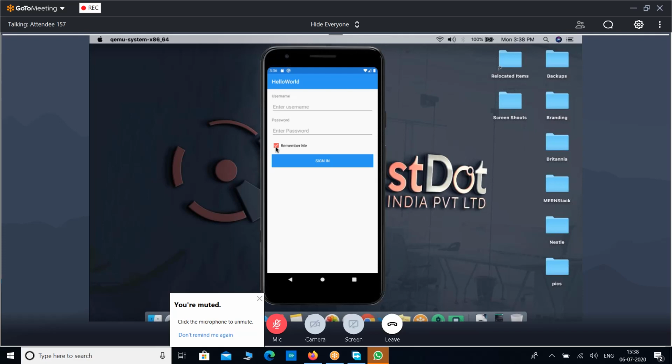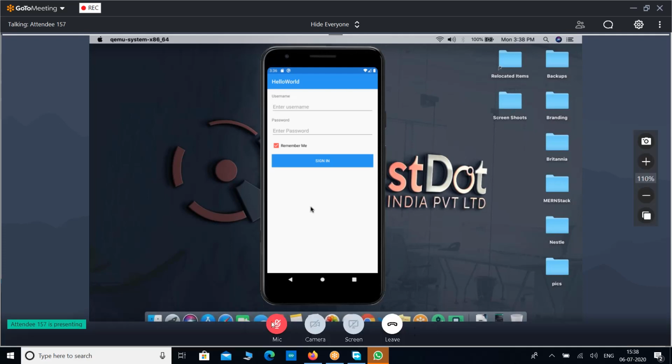If you want to load anything from the internet, usually we use the onStart method. It will always fetch the latest data from the server and display it on your screen. Tomorrow we'll work on how to make a call to the API, how to get data and how to display it on the screen. We will take care of that in tomorrow's session. I think for today I'm going to end the session with these concepts, and if you have any queries you can ask.